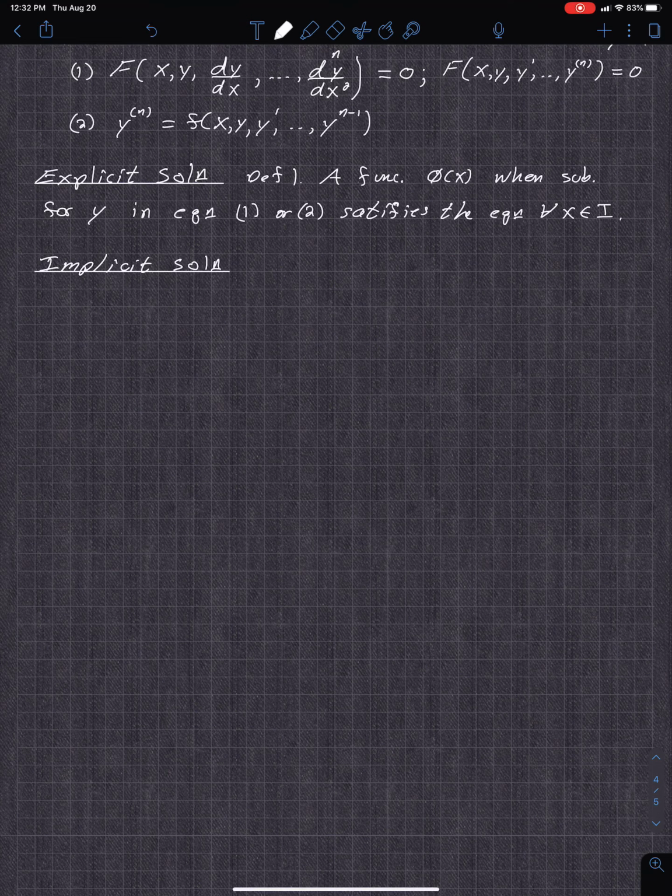Basically, we're going to say implicit solution, definition 2: a relation g of x, y equal to 0 is an implicit solution to equation 1 on the interval I